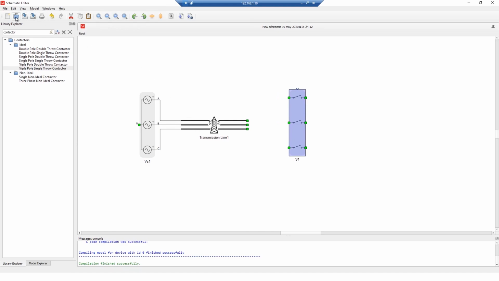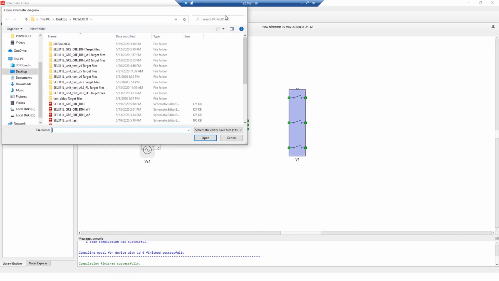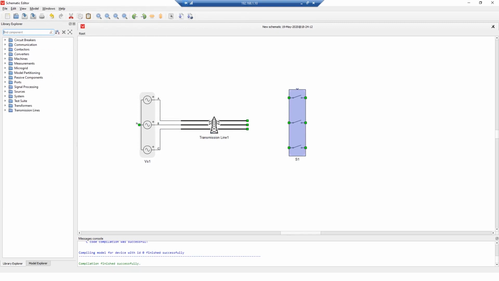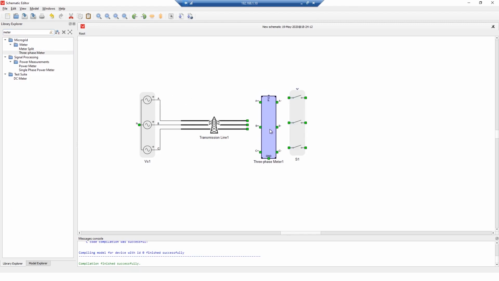And now here, what I want to do is to put a meter representing my CTs and PTs, and I put it in with the specific orientation because I want to measure the current flowing to the breaker. I would connect it like this,